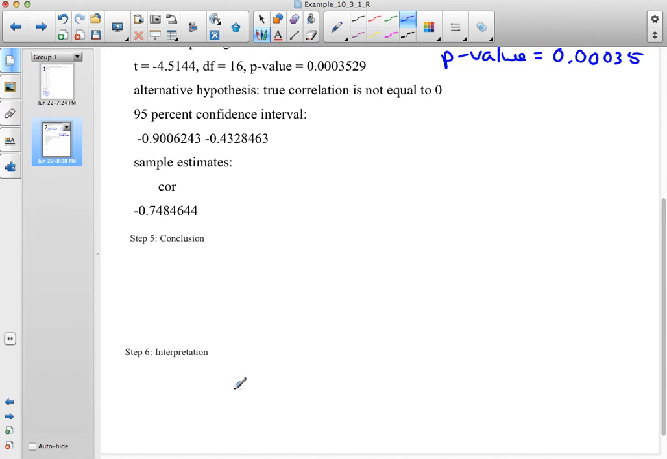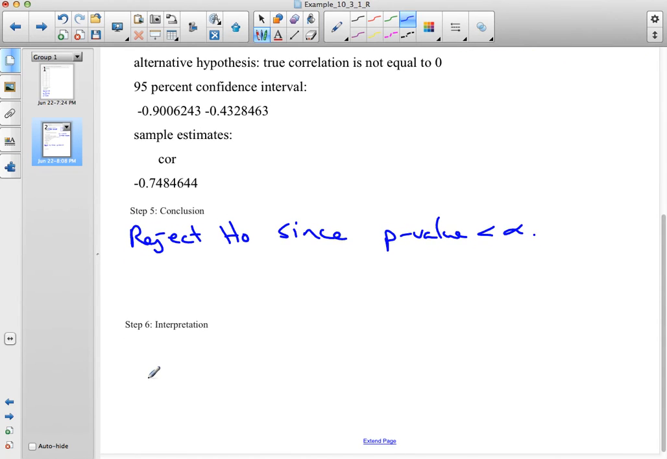Since our p-value is smaller than our alpha level, we can in fact reject H0. So we are going to reject H0 since my p-value, which is really small, is less than my alpha, which is my level of what I think is unusual. And then we can move on to our interpretation. If we reject H0, remember this means we have in fact found enough evidence to support HA. So that means there is enough evidence